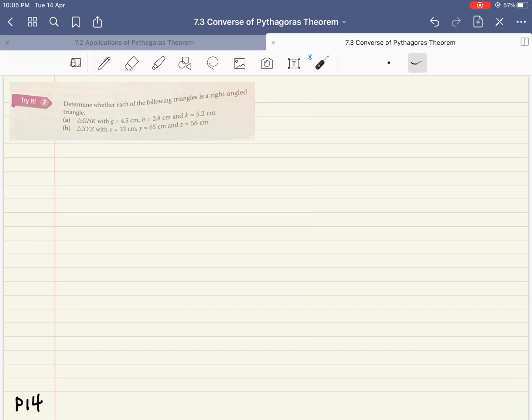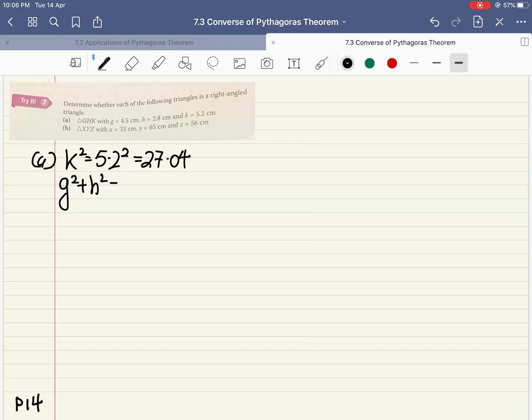Now I'm just going to show you try it 7 from page 14 to show you how to actually apply the converse of Pythagoras theorem. First and foremost, we have 3 triangles. So let's locate the longer side first, because it's always the hypotenuse, which is c square. For 7a, the longer side is 5.2 square. So let me write down k square equals 5.2 square, which gives me